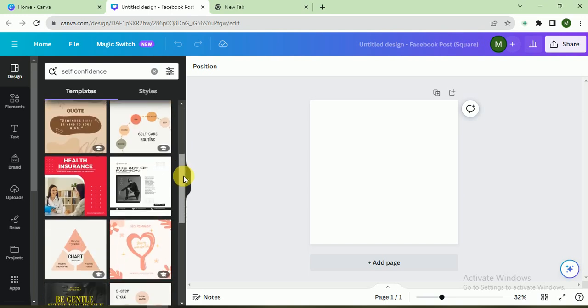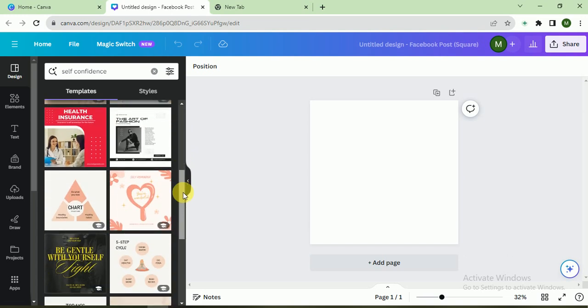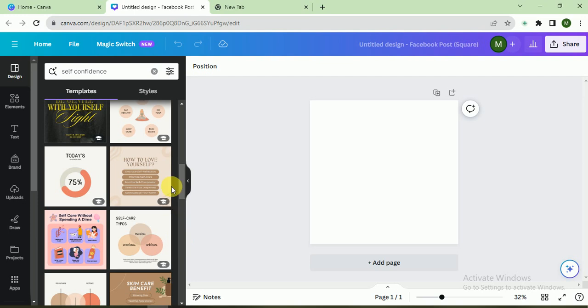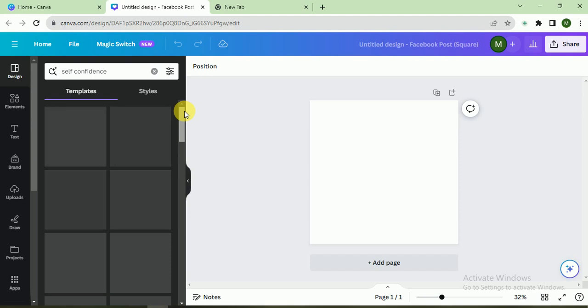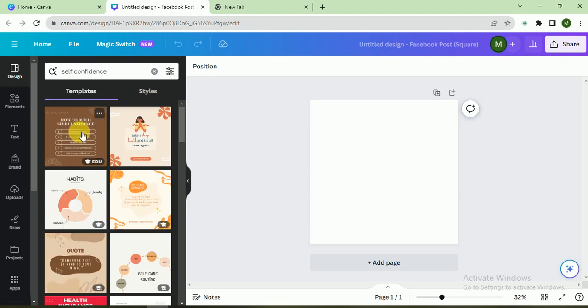So there are different templates about personality development. Self development is also included in personality development. So I click on this image